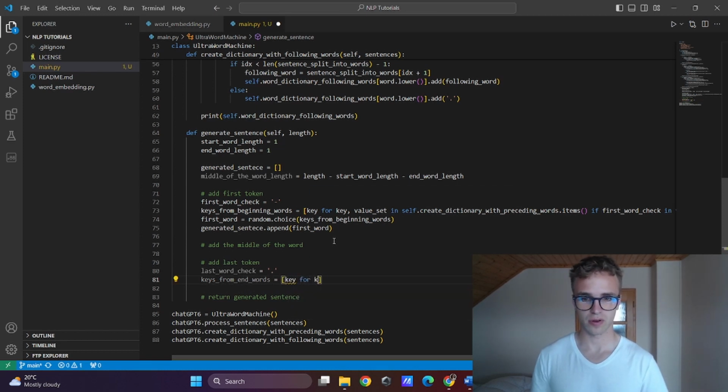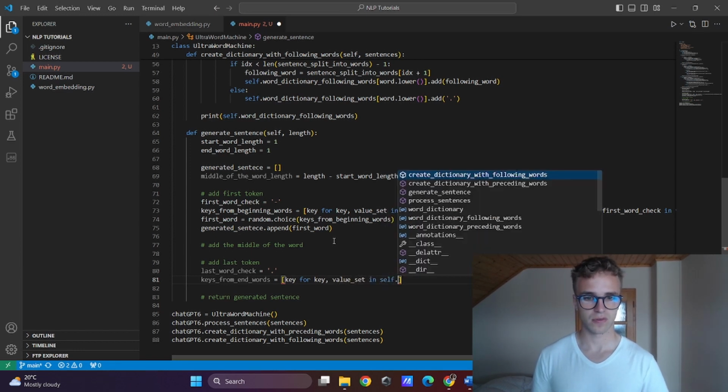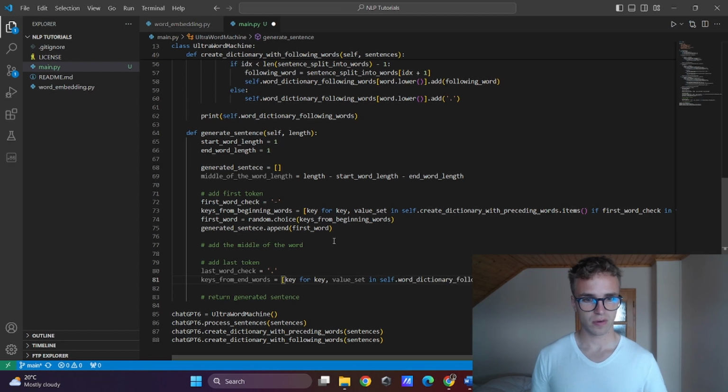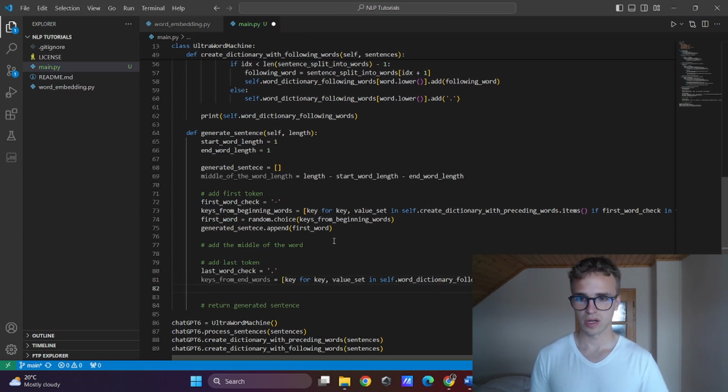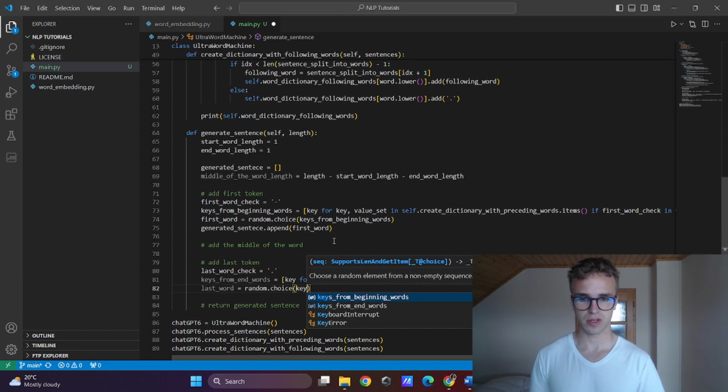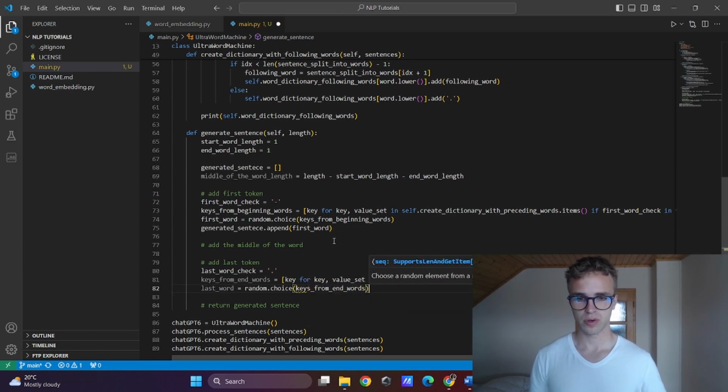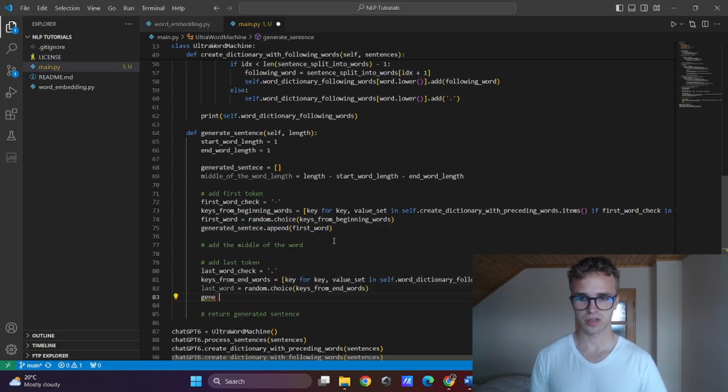I will get the key for key, I need value set in self dot dictionary following words, and items, if the dot is in the value set like here. The last word will be randomly generated, random choice from the keys of the end words, and the generated sentence